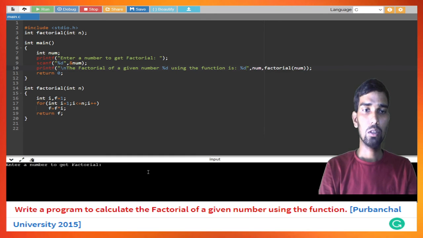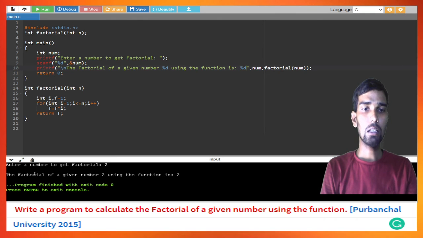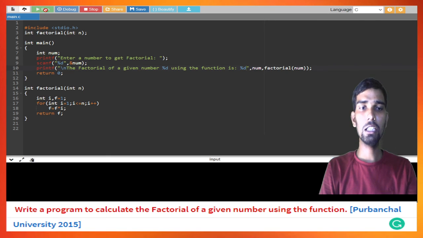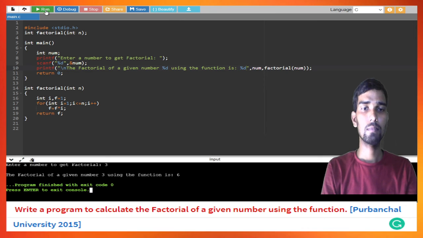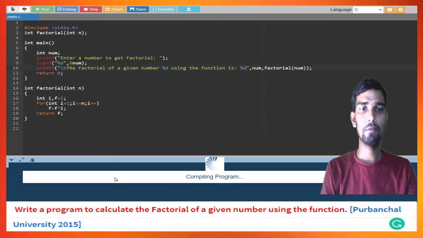Let me give 2 to get the factorial of 2. You can see the factorial of given number 2 using function is 2. Let me give 3. You can see the factorial of 3 is 6, right? Let me calculate factorial of 5.